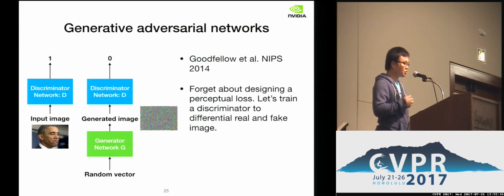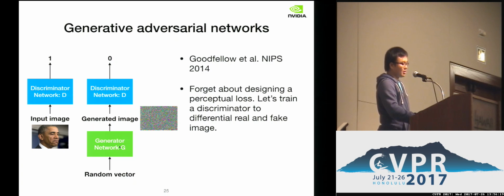So this is the autoregressive model. Now we will be talking about generative adversarial networks. It's from Goodfellow, published in NIPS 2014. So in GAN, it has two networks. We have a generator network G, and we have a discriminative network D. And there are two processing lines in this GAN training. The first one is you have an input image, which is sampled from the data set, and you want the discriminator to output one. You want it to say this is the real image.